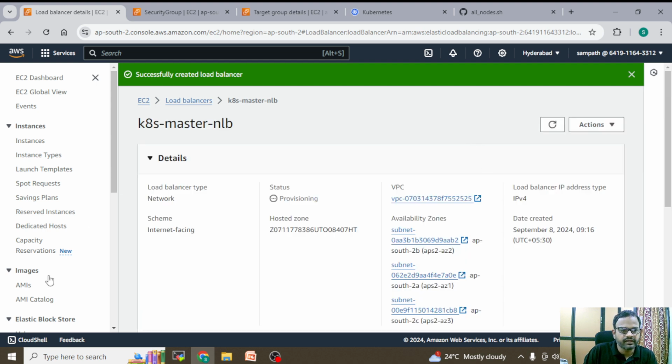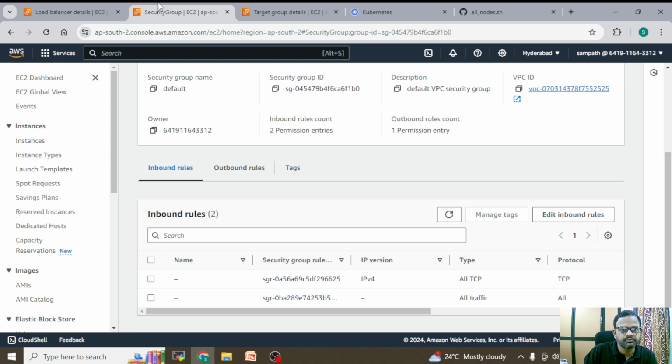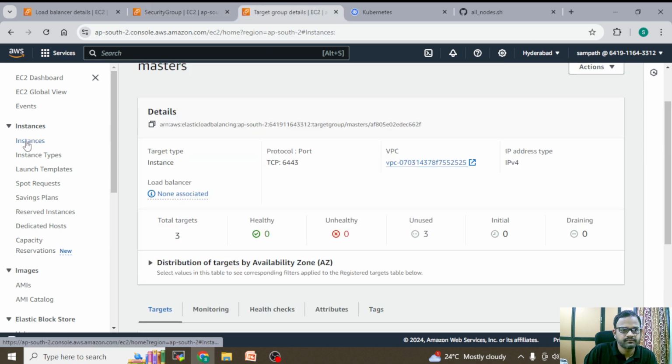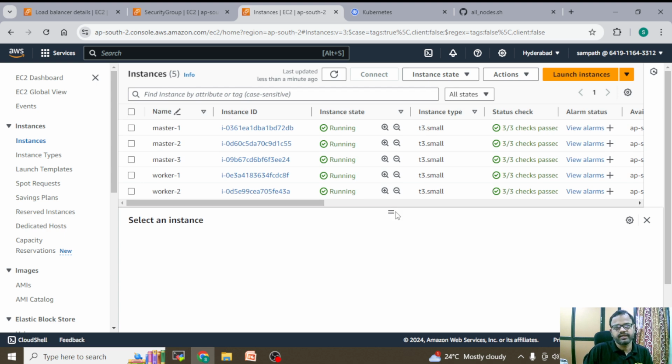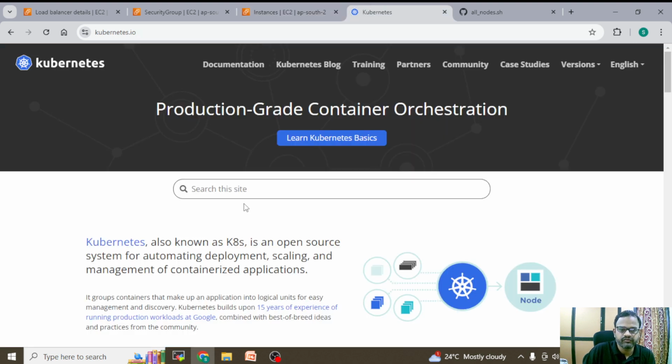By this time, let's come to our EC2 instances and quickly set up Kubernetes using kubeadm. We have to disable swap, edit route tables and all. Those things I have covered exclusively in my previous video. Keeping the time in mind, as this video is going to be long, at least 30 plus minutes, instead of going to the official documentation,